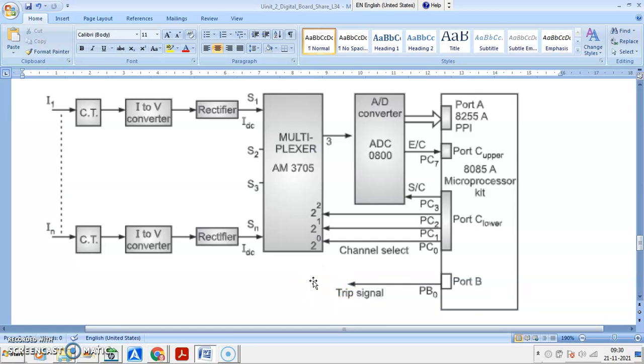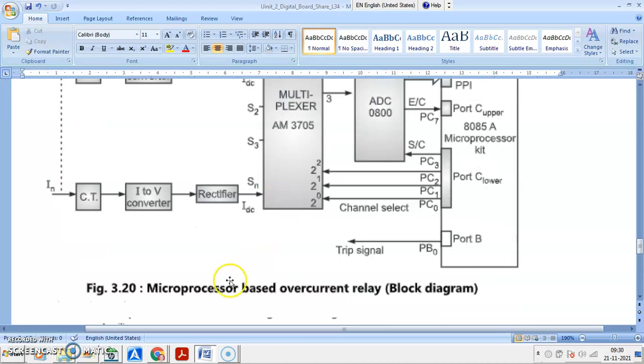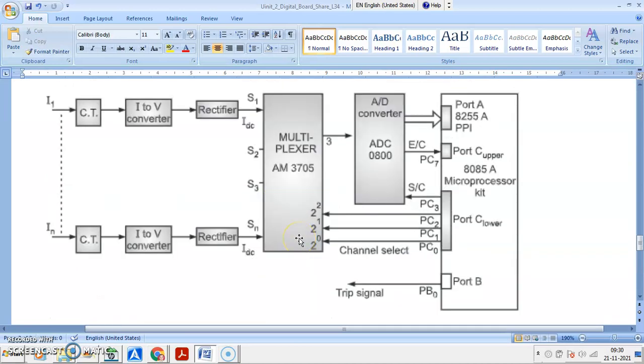The detailed architecture of the microprocessor you might have studied. Okay, this is directly the application of microprocessor based relays. There are multiple advantages of microprocessor based relays.